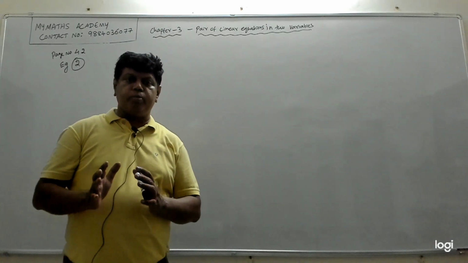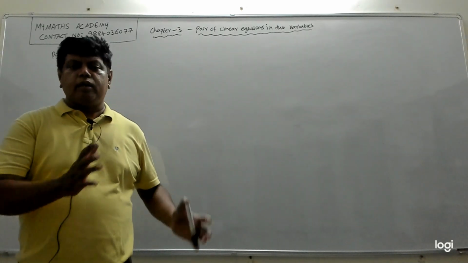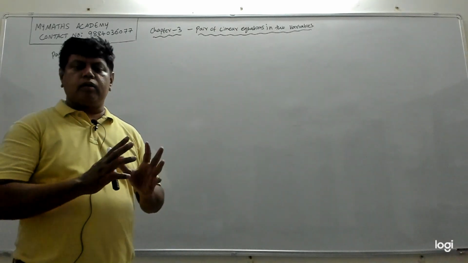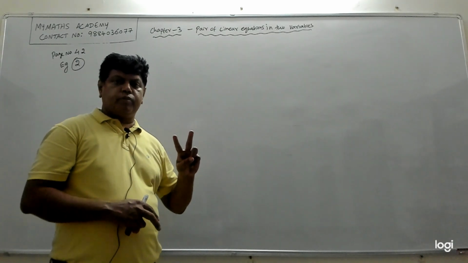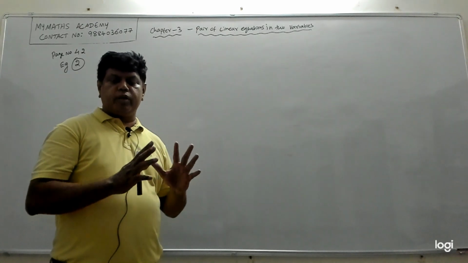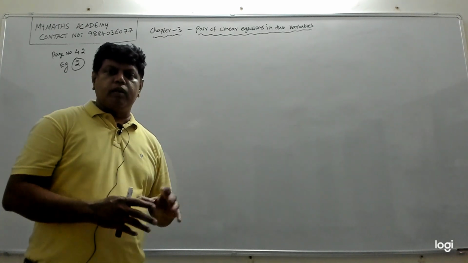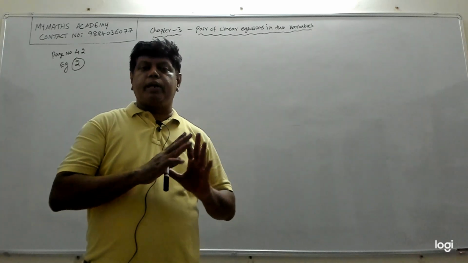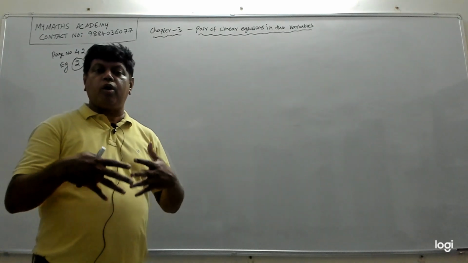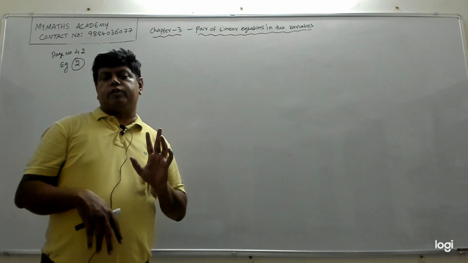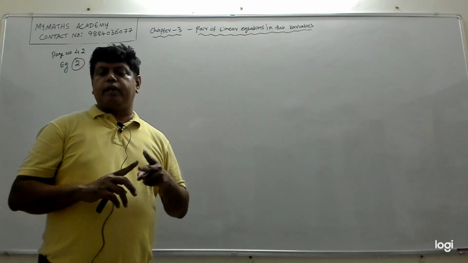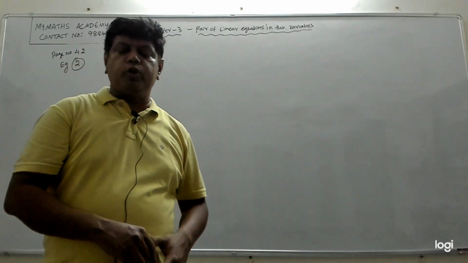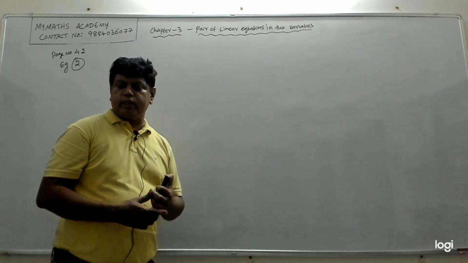This is almost the same as example 1. For this situation, we need to convert it into two linear equations in two variables, which is a pair of linear equations in two variables. Once you do that, we have represented the given situation algebraically. After that, we need to draw the graph for those two equations. Each equation will give you a line, so basically you will draw two lines in the graph, like how we did in the previous video, example 1. Same like that, we will do example 2.